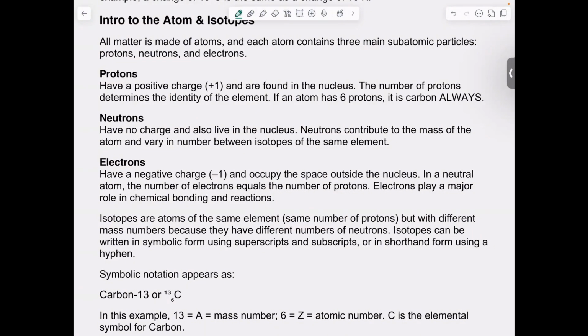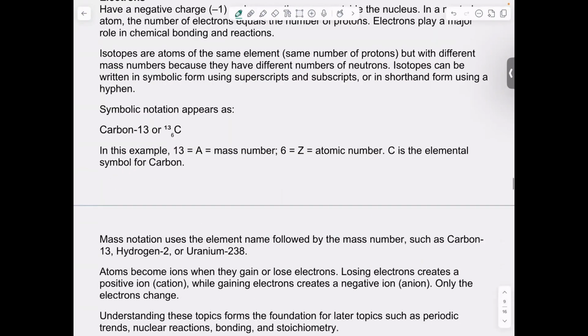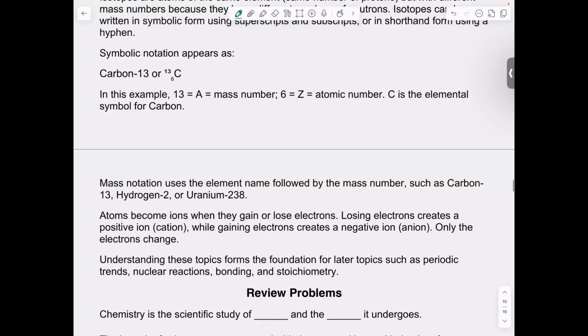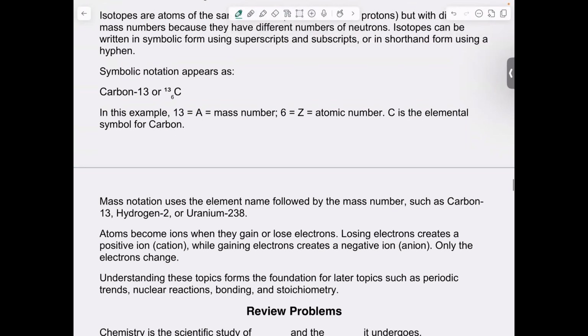And really, we're just talking about the subatomic particles, the particles that make up the atoms by definition. We'll talk about those. We'll talk about the two types of notations you'll see. And as I scroll down here in my notes, we're already on review problems. We'll talk about ions, how those are generated by gaining or losing electrons, and sort of round out this particular